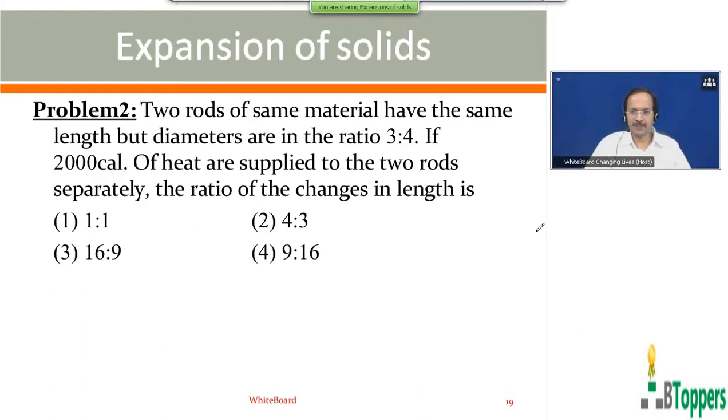So look at the problem number 2 in the expansion of solids, which is based on special case 2. Two rods of same material have the same length but diameters in the ratio 3:4. If 2000 calories of heat are supplied to the two rods separately, the ratio of changes in length is,